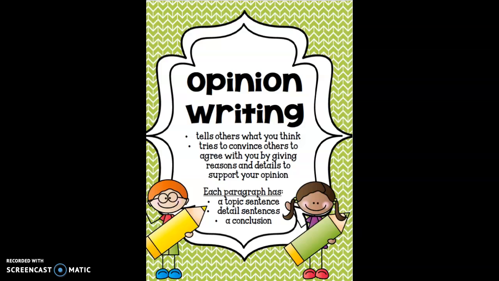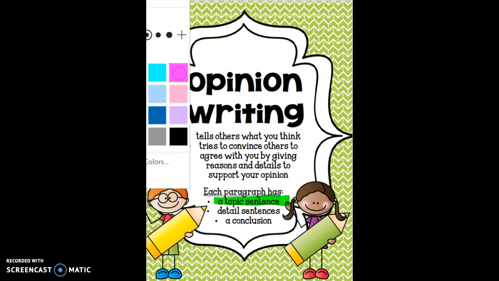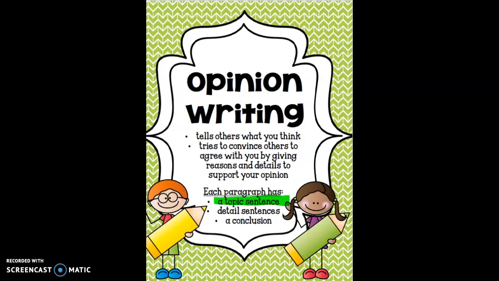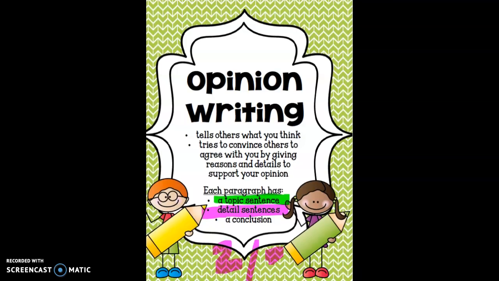So first of all, I want to point out that when we start an opinion, we have a topic sentence. That means we introduce what we're going to be talking about. So in our sentence stems, we would say, in my opinion, I think blank. Okay, so after that, we're going to have reasons why we like or don't like something. So you're going to give detail sentences. Now we're trying to get 2 or 3 detail sentences. That means telling why you like it or don't.